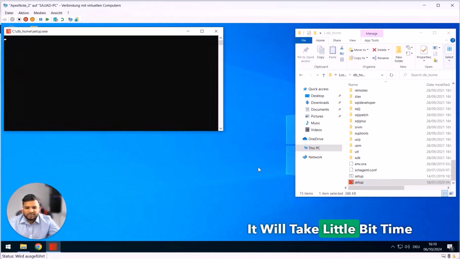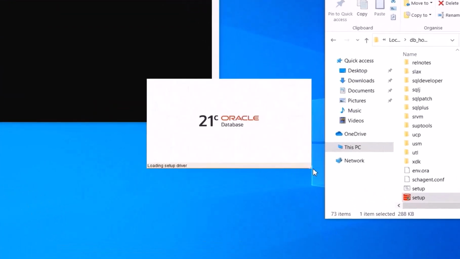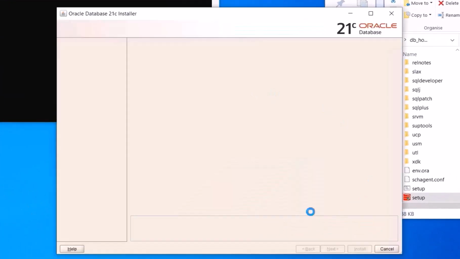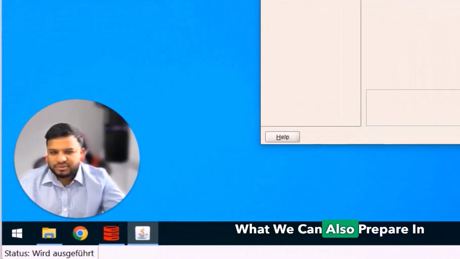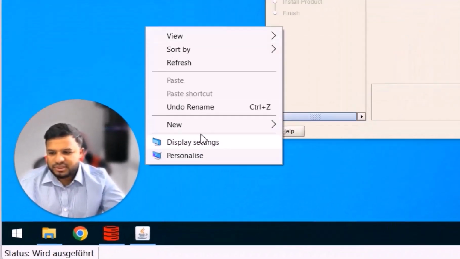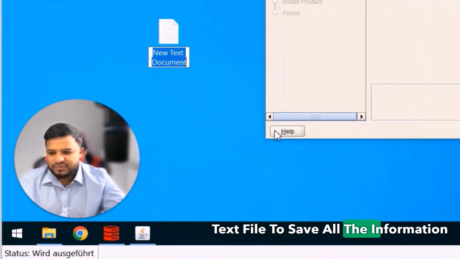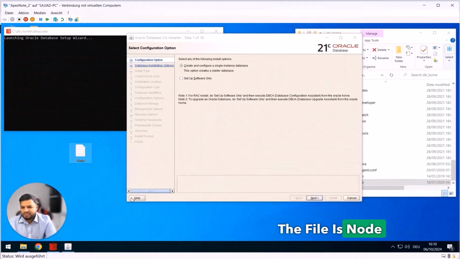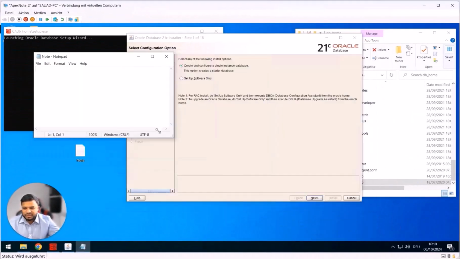It will take a little bit of time. And now you can see the window for the Oracle Database 21c is opening. What we can also prepare in the meantime is a text file to save all the information. For example, the file is note. I will open this, and then